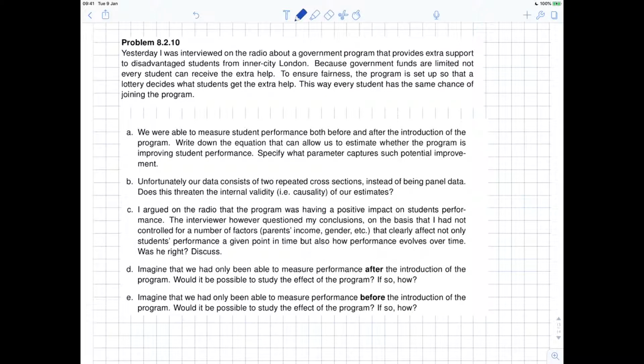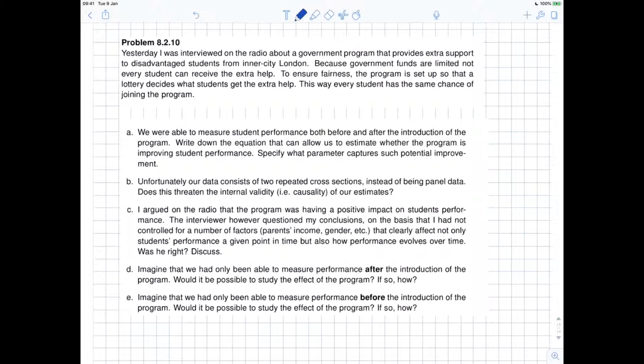So we were able to measure student performance both before and after the introduction of the program. Write down the equation that will allow us to estimate whether this program is improving student performance, and specify what parameter captures such potential improvement. You should immediately think difference in difference. 2 periods, 1 treatment, treatment is random. You should think difference in difference, even without reading the